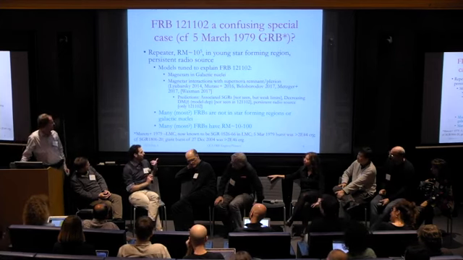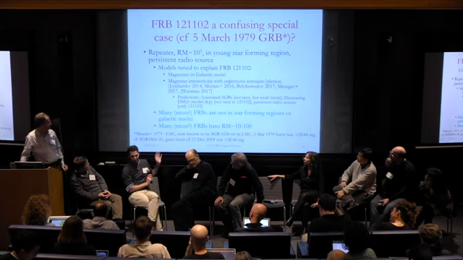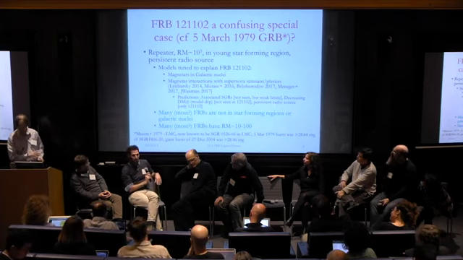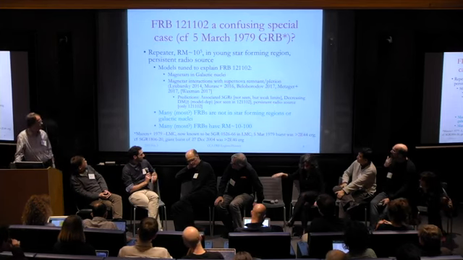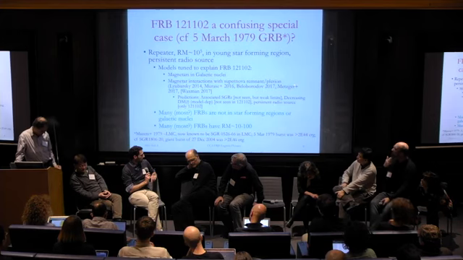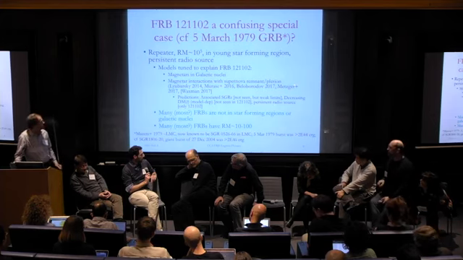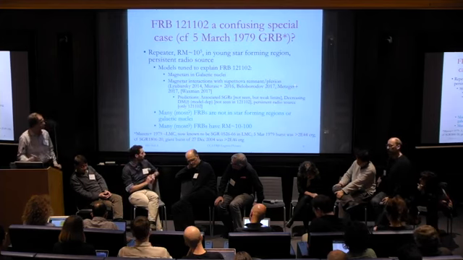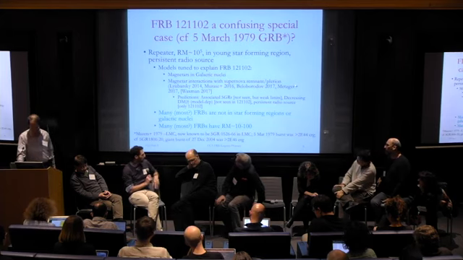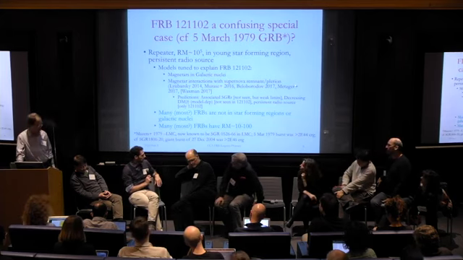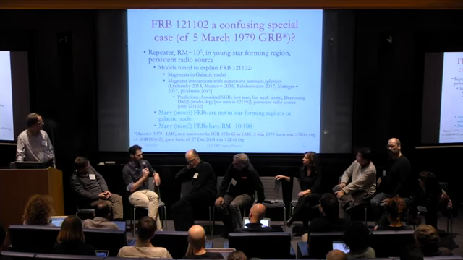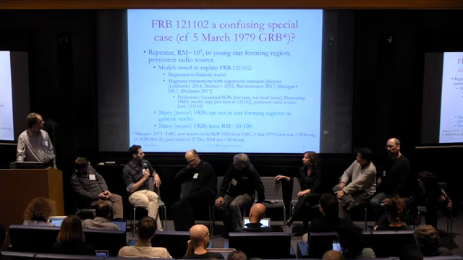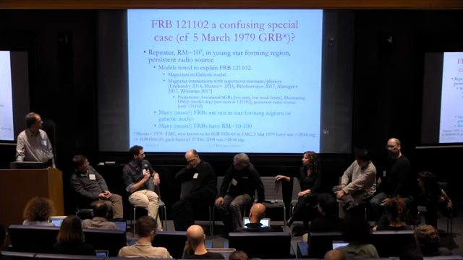I would push back on this a little. Not to say that this can't certainly be possible. This could be a red herring, but I think that the fact that some of the other bursts show different characteristics is not necessarily in tension with the models that were built for 121102. So as one example, the rotation measure. I mentioned in my talk that you can turn the dial. You can wait 100 years by a factor of a few, and then you can get significant decreases in rotation measure in persistent sources. So it's very easy to evade those types.